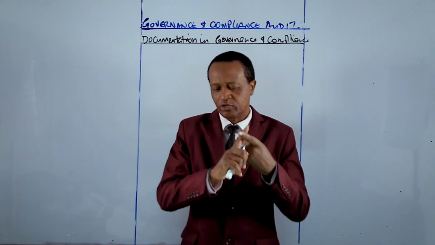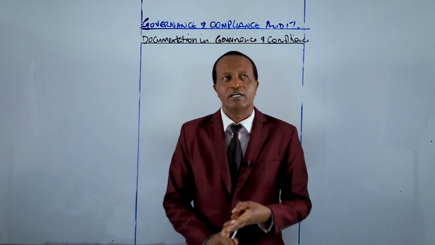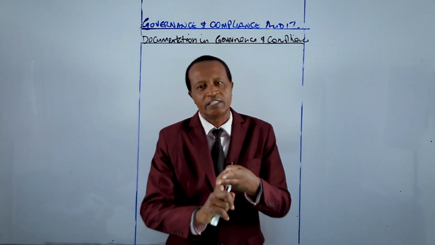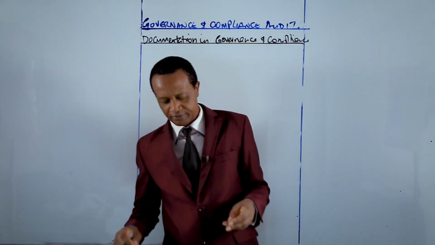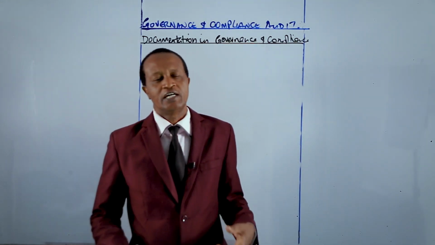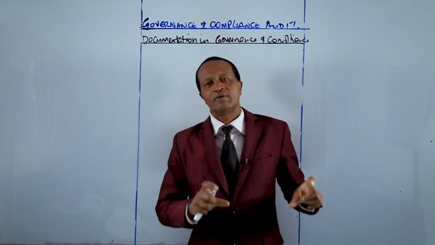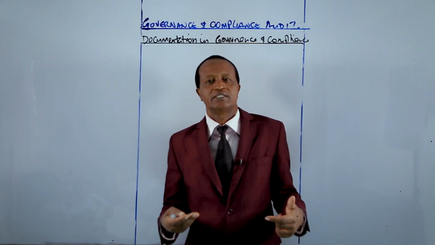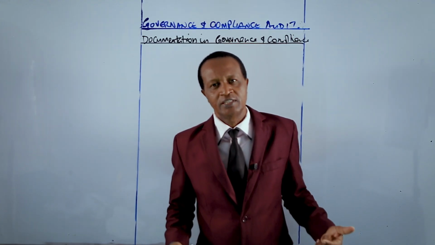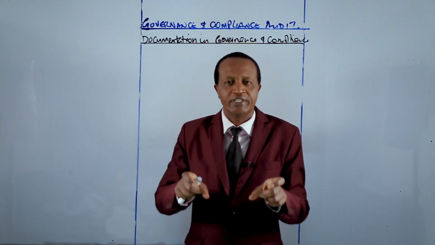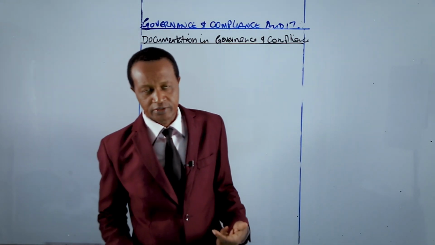Number one, record of work performed. Number two, evidence obtained. Number three, conclusions reached during an audit engagement. So as an auditor, as you embark on your audit work, you are required to ensure that you have proper audit working papers in place, because this documentation represents the primary support for the auditor's final opinion and report.